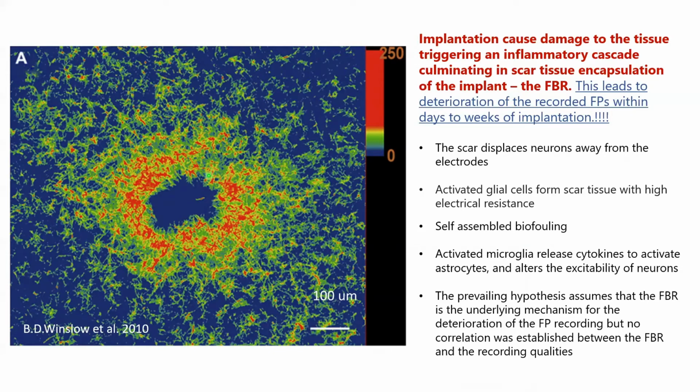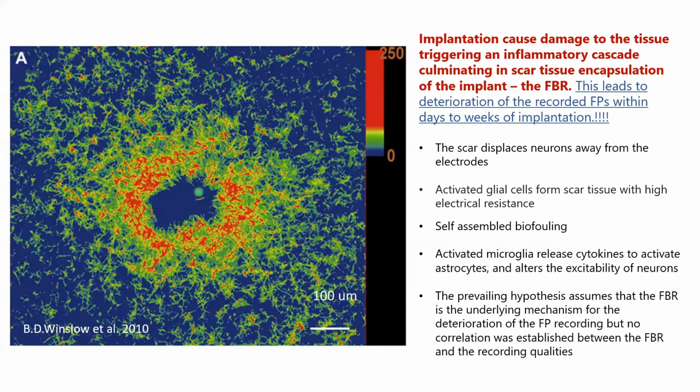The immune response is composed of microglia, astrocytes, and probably other cell types. And the loss of recording, decreased quality, and low source resolution in MEA technologies is attributed to this foreign body response. This is usually explained by the displacement of neurons away from the platform, high seal resistance of this thick immune response scar tissue,